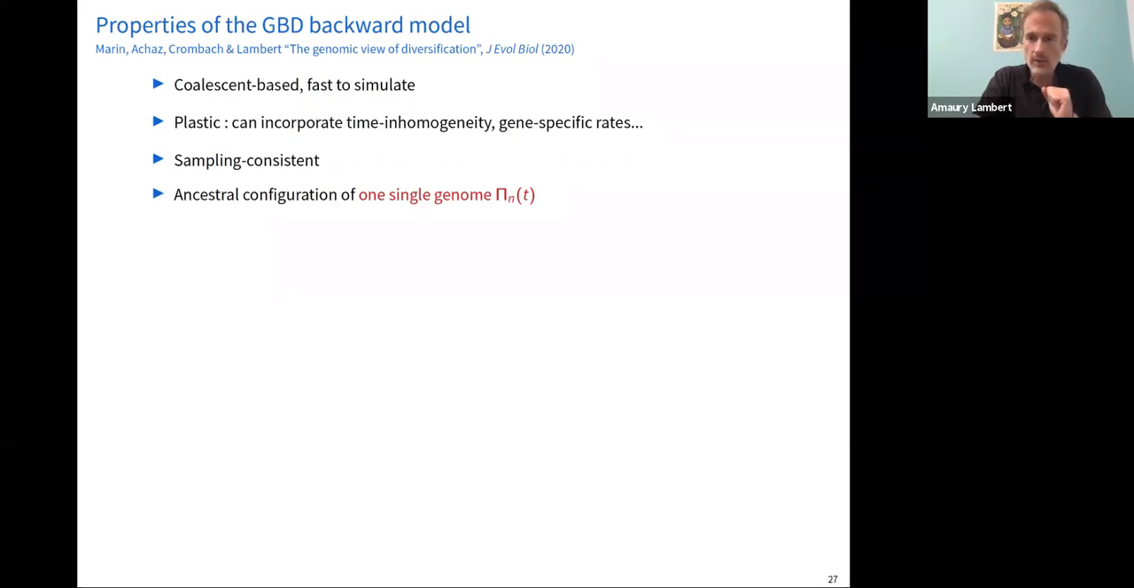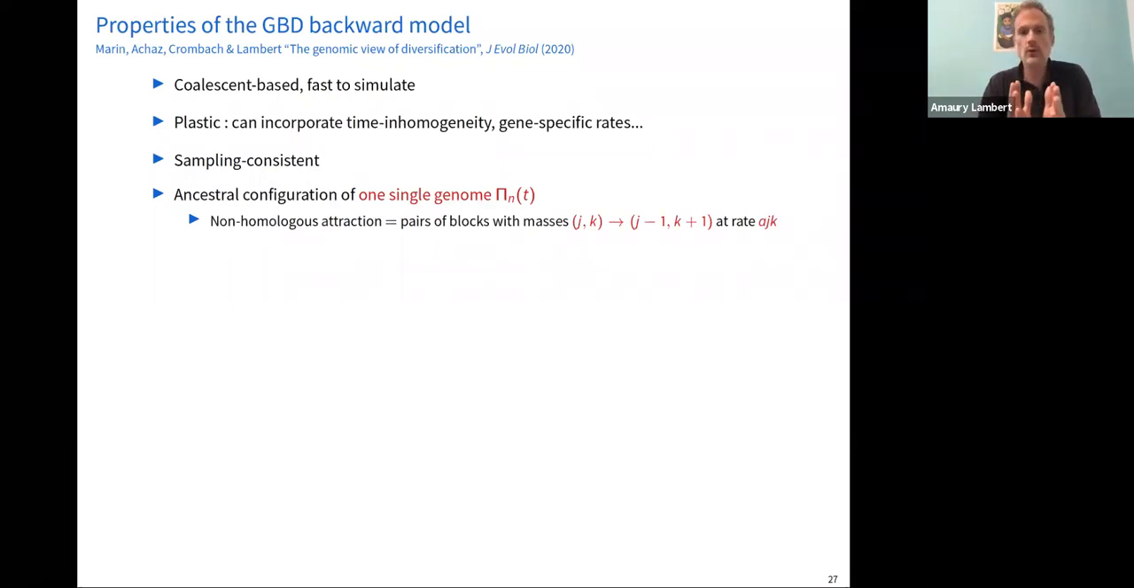This has a law that is already well known. Why? Because we only consider one single genome here, we won't have any coalescence or any homologous attraction. So B and C will not come into play, only A and D. So recall the effect of non-homologous attraction means that for each pair of blocks with masses containing J and